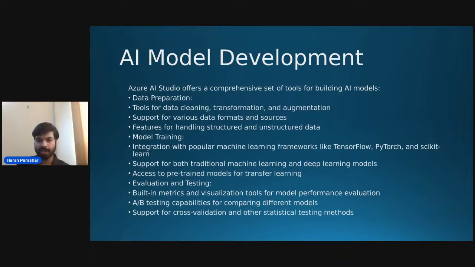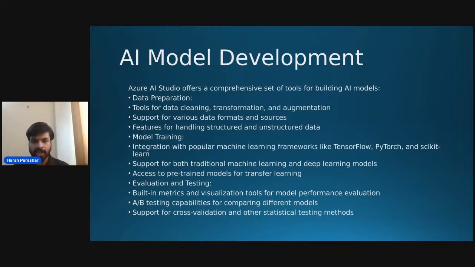Then A/B testing capabilities for comparing different models. A/B testing, like alpha beta testing or different types of testing. Firstly, if you are a team of 10 people, you can test on your different machines, different simulations, different conditions, different training models, different data sets, and different environments, integrating with multiple libraries, single libraries. For that, you need to go for different models. So this can also help you with that automatically, because it is a huge platform and almost everything is integrated. You need not have a second thought or think of any other platform. You can get everything here.